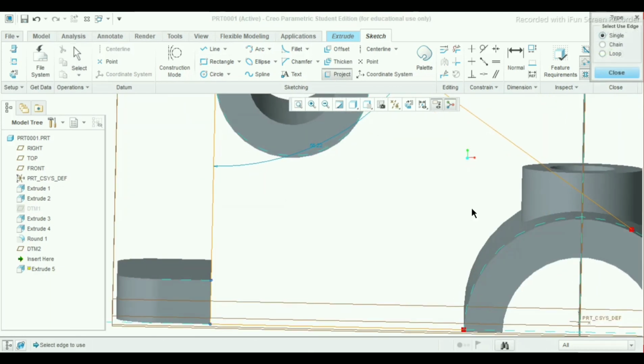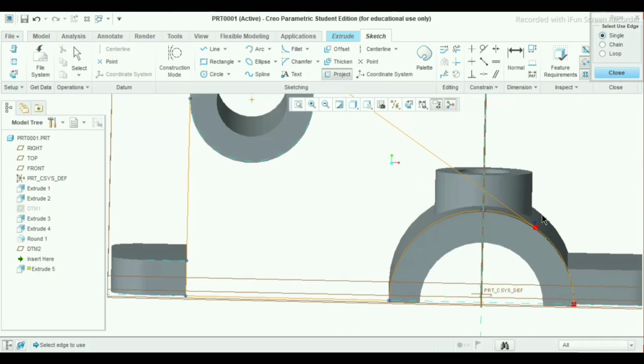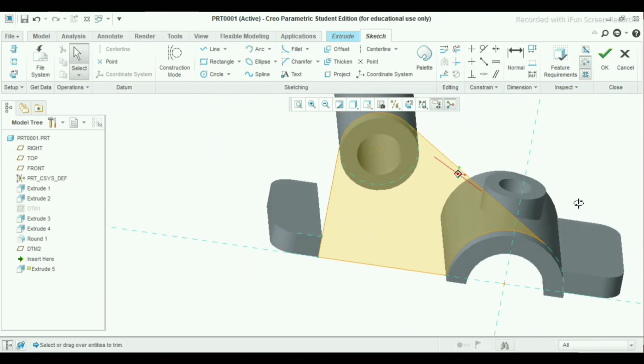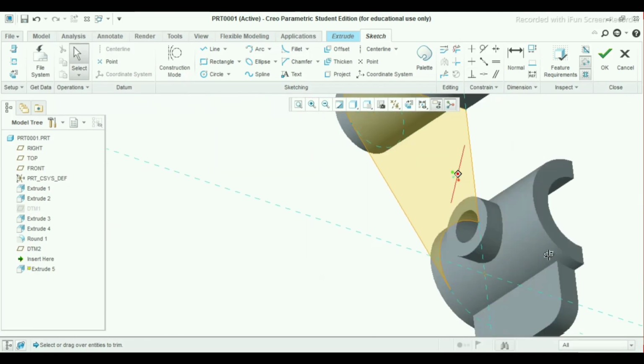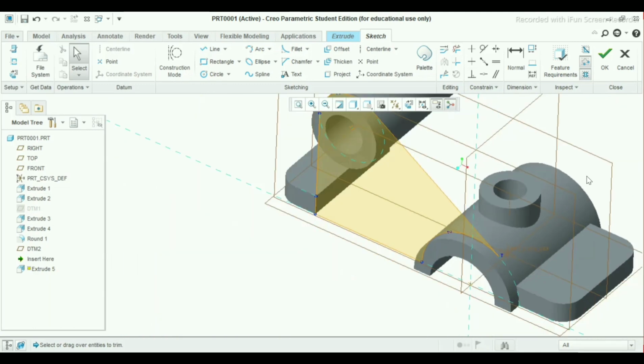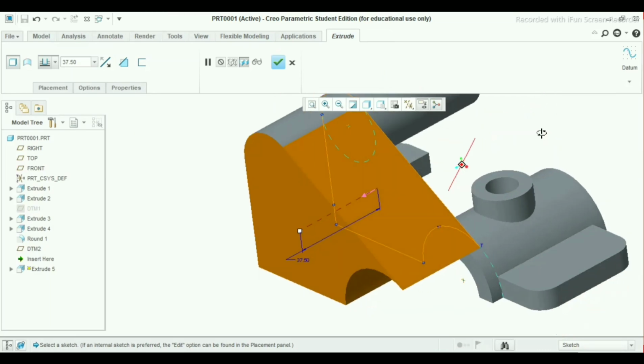Press here project. Select this arc. Okay. Again go to delete segment. Press OK. Now our sketch is fully closed. So here click OK.